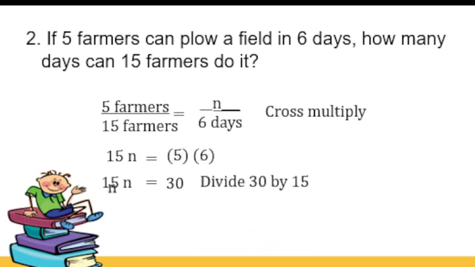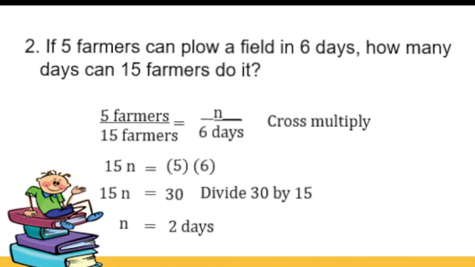So the result is equal to 2. So meaning if there are 15 farmers, they will perform the job in 2 days only, whereas if 5 farmers only, it will plow the field in 6 days. Next,